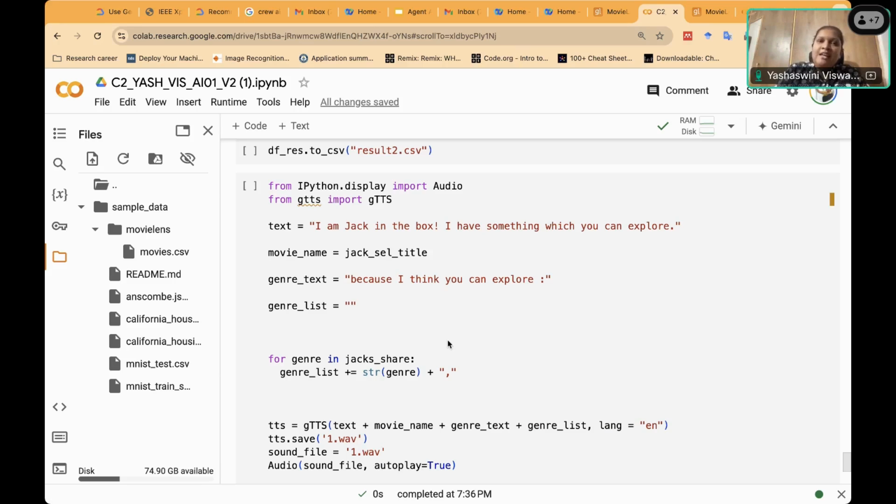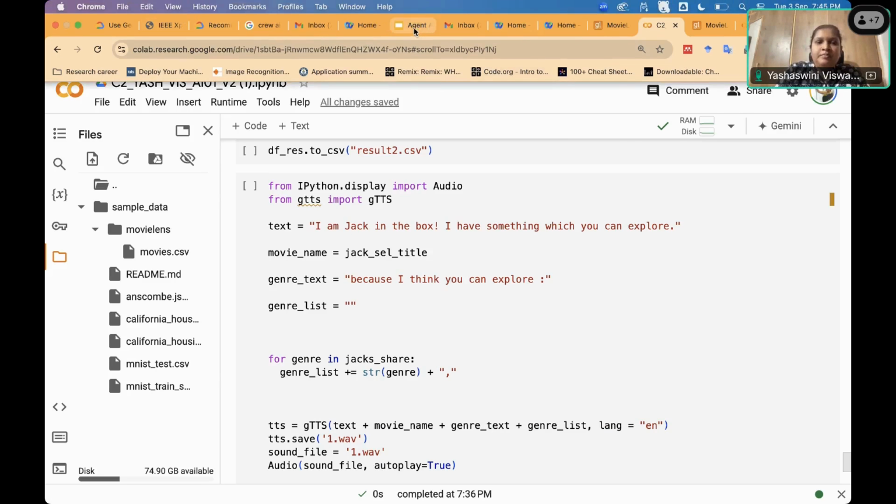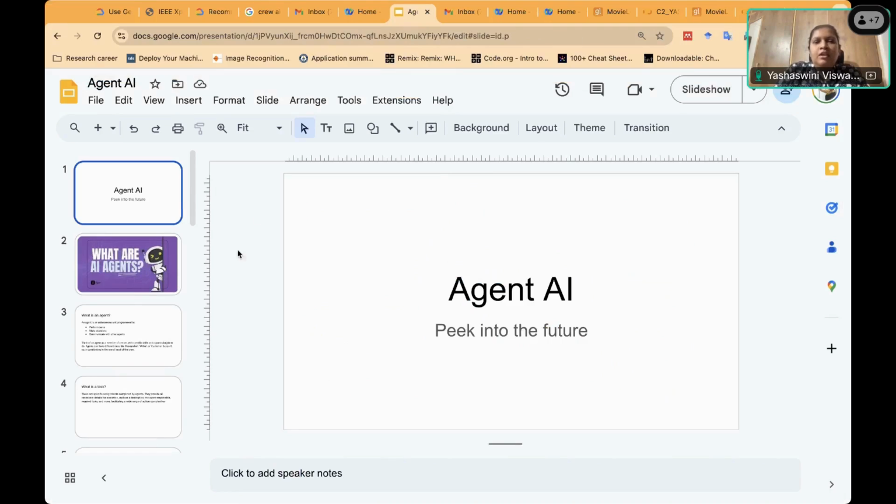We will go to the next segment now, and that is Agent AI. We have generative AI now, and just come back. I'm sharing my screen, and I'm teaching about agents now. The reason why learning about agents is important is that I'll be sharing a paper called Agent for Rec, on how we use Agent AI to build a recommender system.